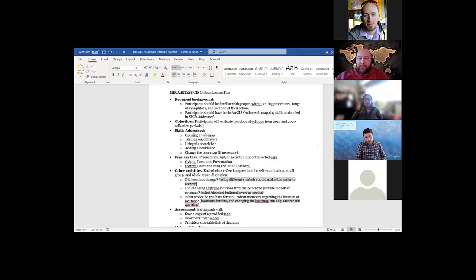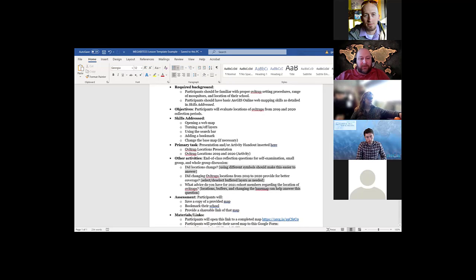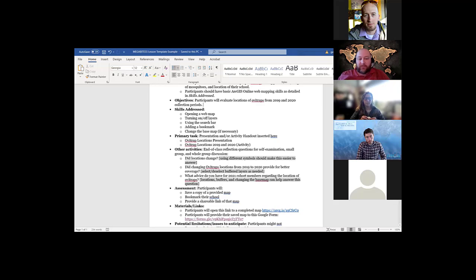I want to make sure that everybody today can open a web map and turn on and off layers, that you can use a search bar, you can add a bookmark, and if you need to or want to, you can change a base map. So even in this presentation, I'm not going to ask you to do high-level GIS stuff.